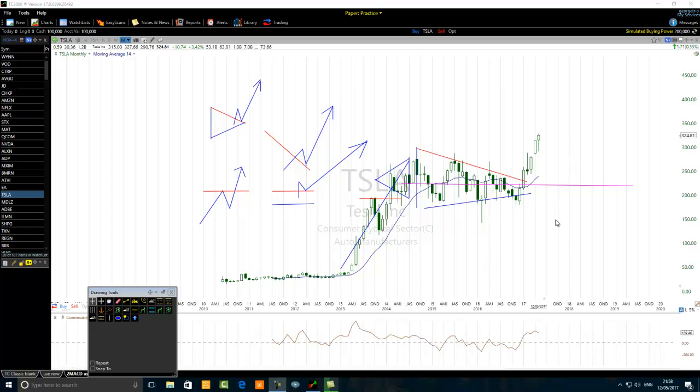A swing trader is a market participant that is trading the medium-term trend. A position trader is a market participant that is trading the long-term trend. A day trader or a scalper is a market participant that is trading the short-term trend.